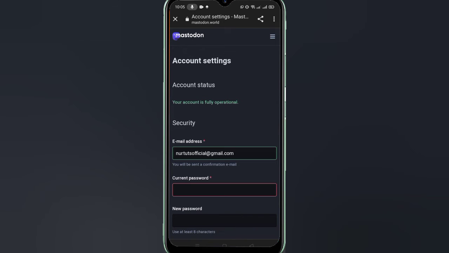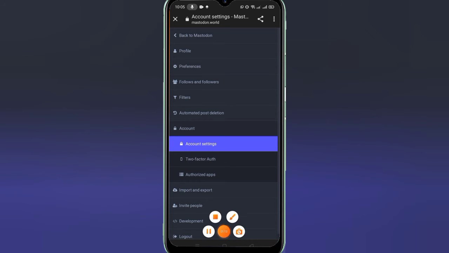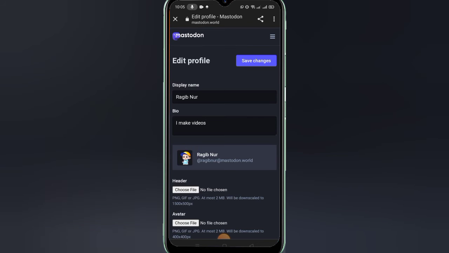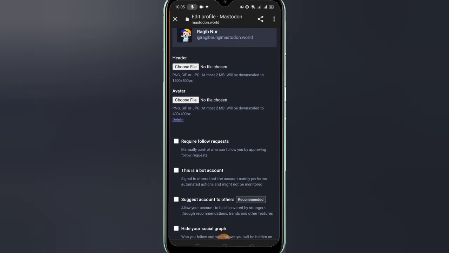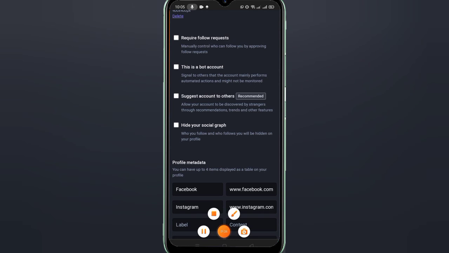and click here the three lines, also top right corner on your screen. So click on this and click profile, this one. Click profile, then scroll down a little more. Then here you can see the option